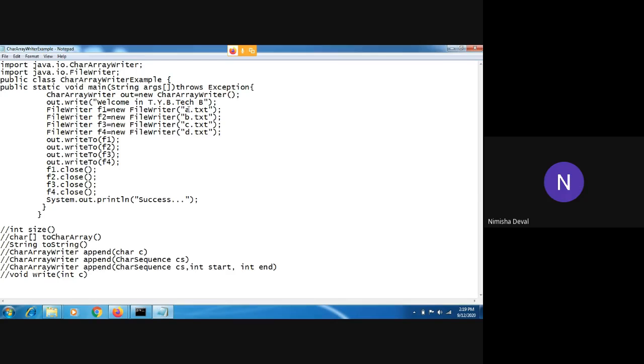Now you can see that the files are not created right now, so it will generate the exception. We will see it also. Then we have to write this data character by character. That's why we have used the character array writer. It will write to the first file, then the second file, the third file, and the fourth file. After that it will close all those files, because whenever we open any file we have to close it. That's why the close method is used. If the process is successfully done, then a success message gets printed on the console.